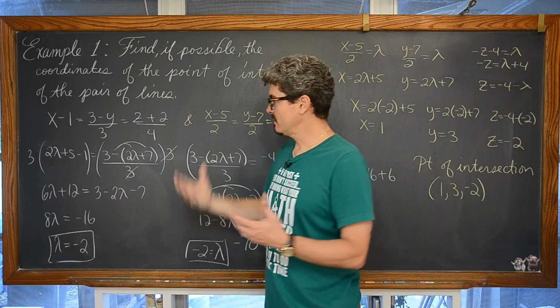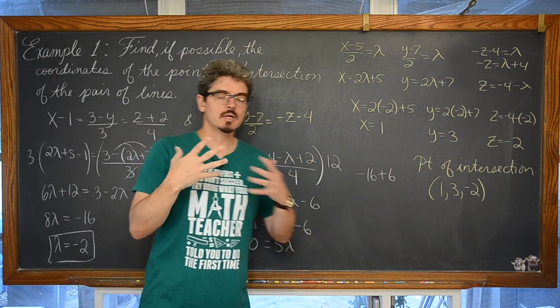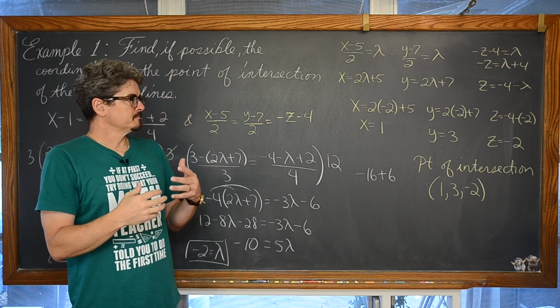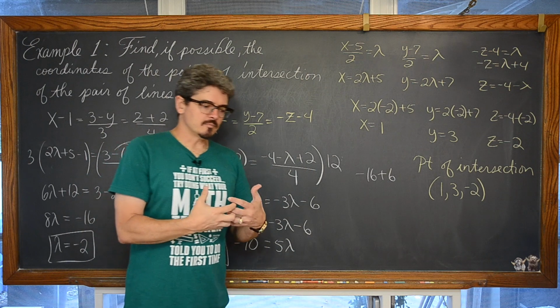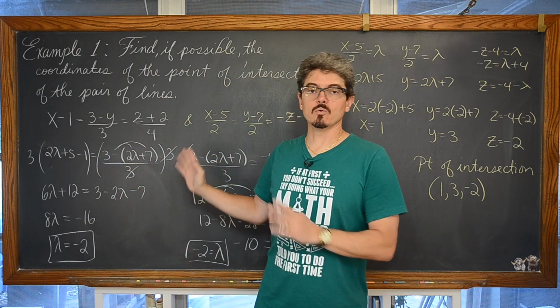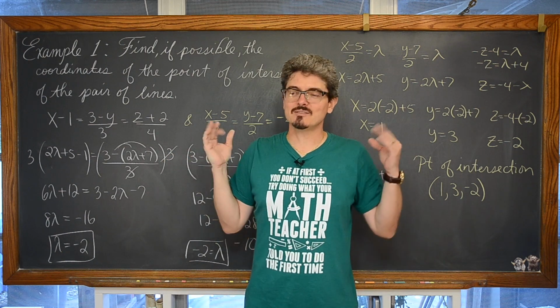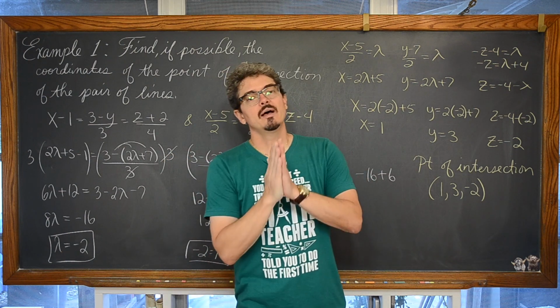So when you work out finding the intersection of two lines in three-dimensional space and you want to work through the parametric form, how you work out your problem will determine what your value of lambda is, because here it could have been -2 or 0. So if you're working with somebody in your class and you get different answers for lambda, don't just automatically assume that one of you has made a mistake.